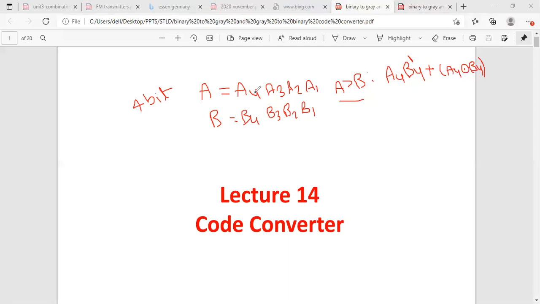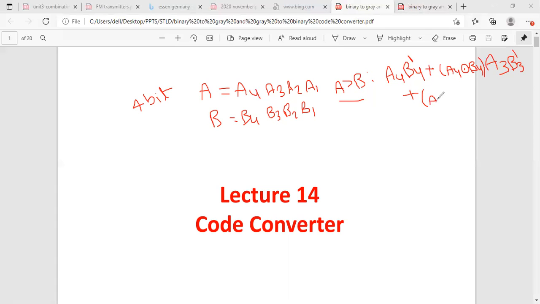If A4 and B4 are equal and A3 is 1 and B3 is 0, then this is also the A greater than B condition. Since A4 and B4 are equal, we check the next bit, and if A3 is 1 and B3 is 0, you can say that is also A greater than B condition, right?